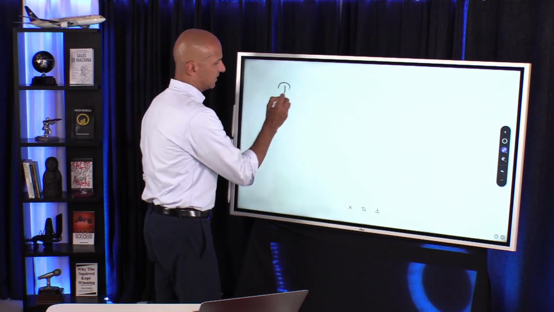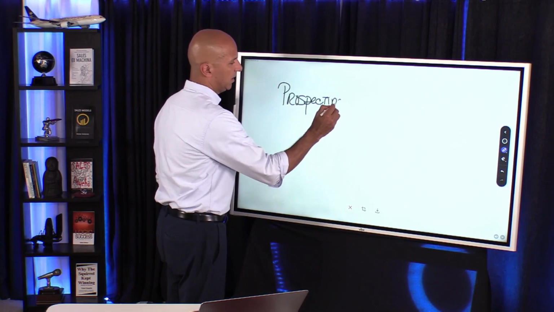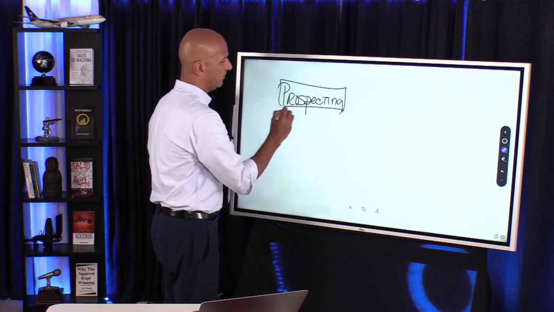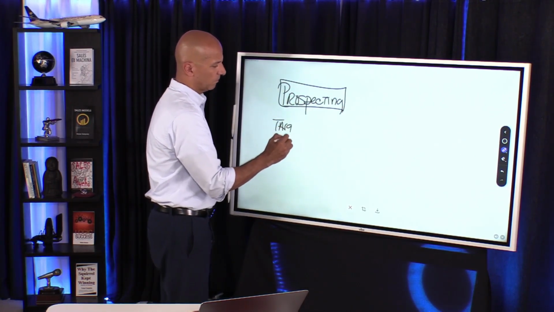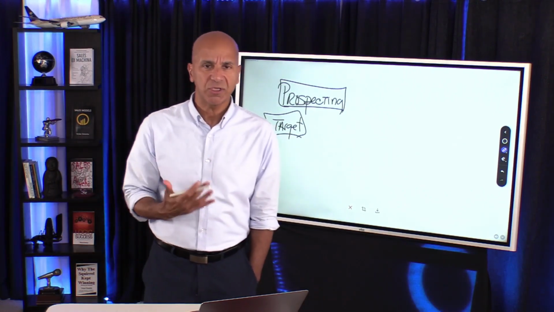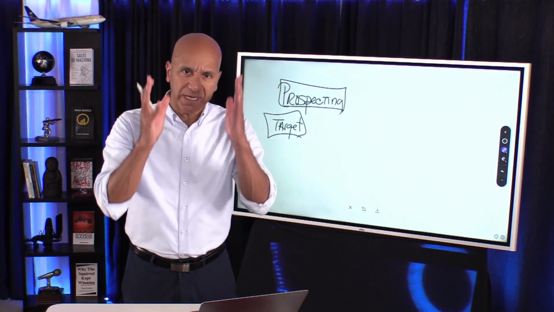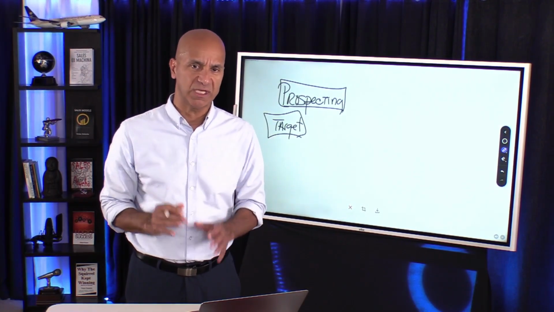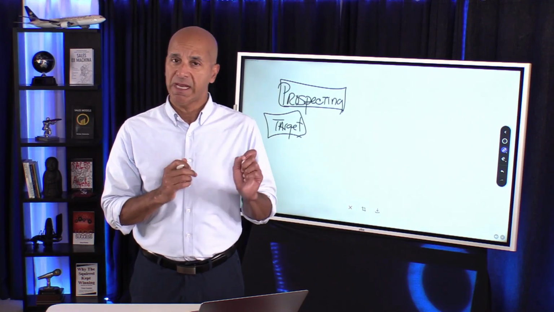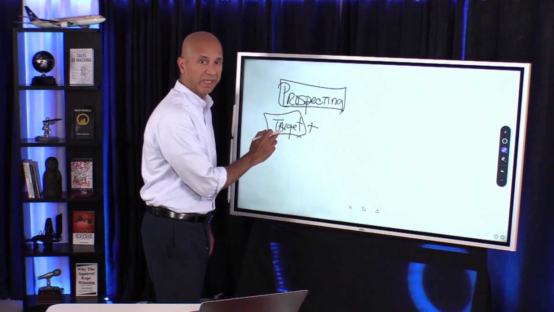The first part is obviously prospecting. In other words, who are they targeting? Who are they going after? Very important. This is a question to ask the salesperson: who are you reaching out to? Who are you trying to talk to? Have them give you a profile, all the attributes associated with that target. And if they can give you that,